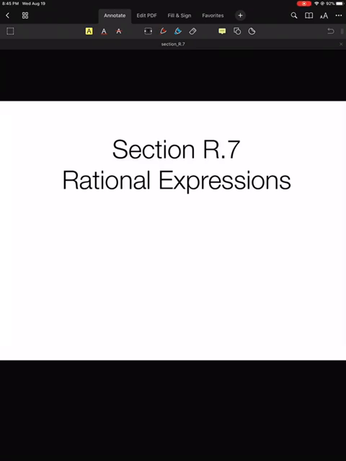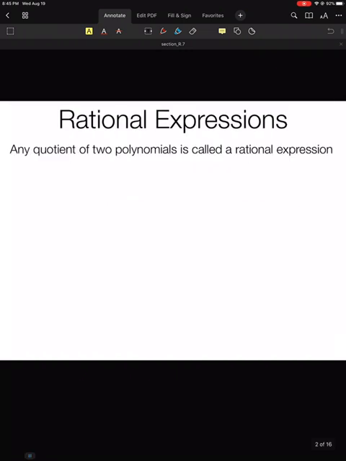Hello everyone, in this video we're going to talk about section R.7, rational expressions. So the first thing that we need to talk about is, what is a rational expression? Well, any quotient of two polynomials is called a rational expression. Okay, so a quotient is you're dividing two things, and polynomials generally have x in them to some power. There's a much more complex definition of what is a polynomial, but we don't need to worry about that